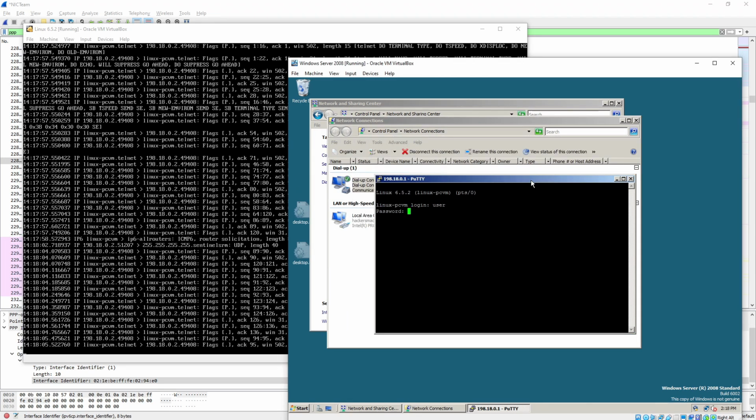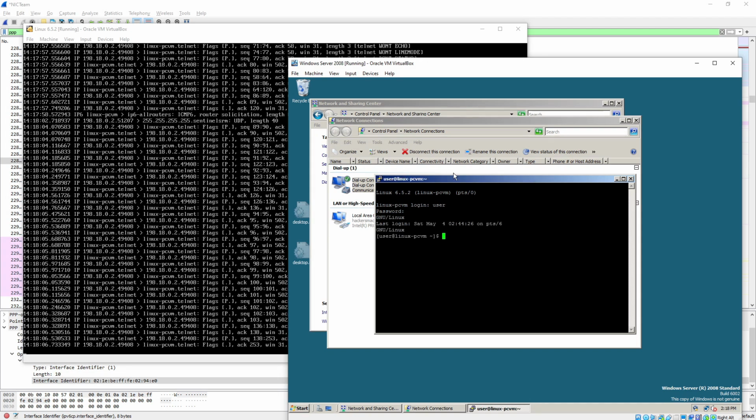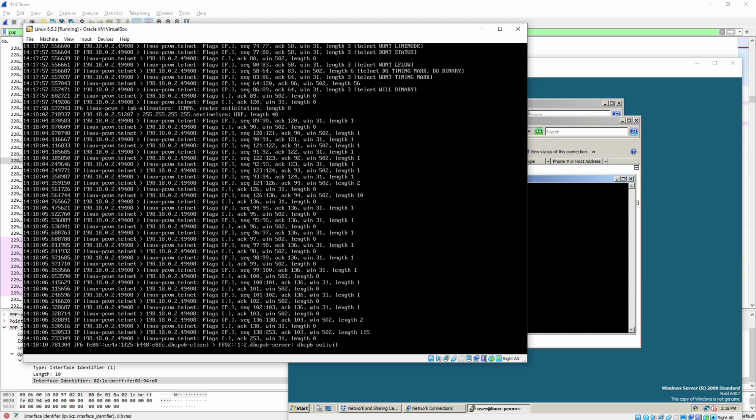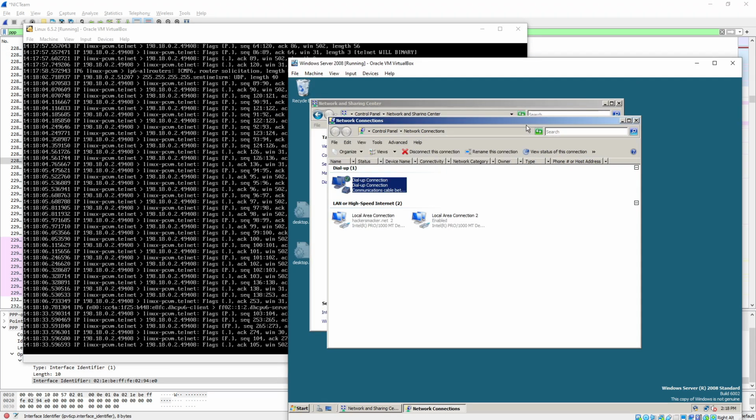Log in as user and password or something. There we go. You can see that this is technically compressed TCP/IP. This is a little bit interesting to see, but any sort of TCP/IP stack in the Linux world will automatically decompress any of the available VJ compressed protocols. And we're going to look at what VJ compression looks like in a second, because we can also log